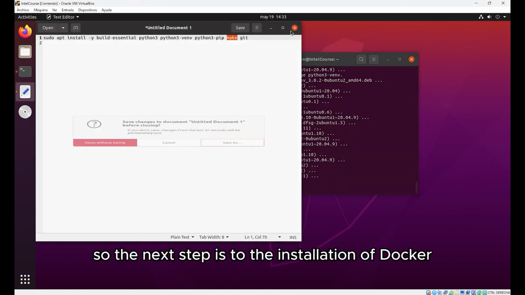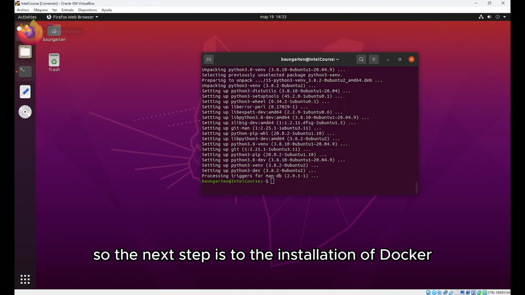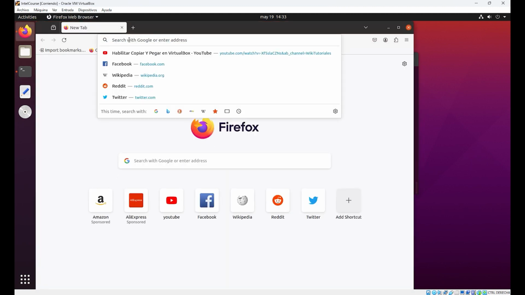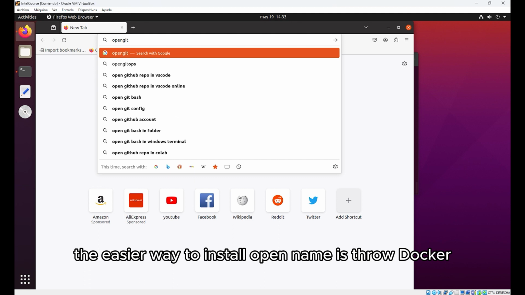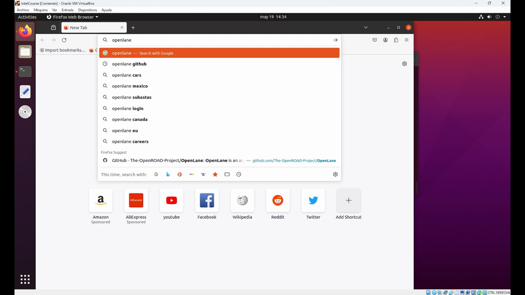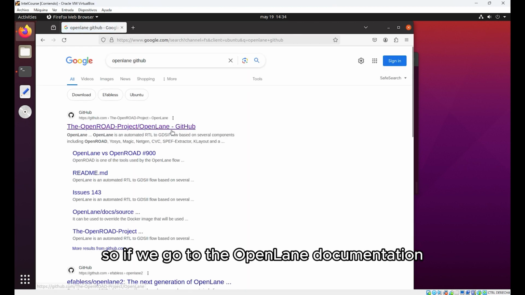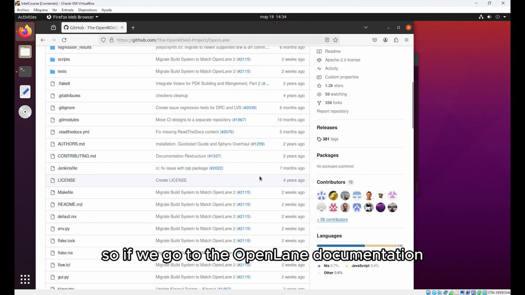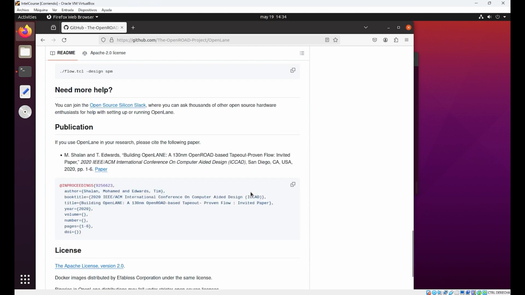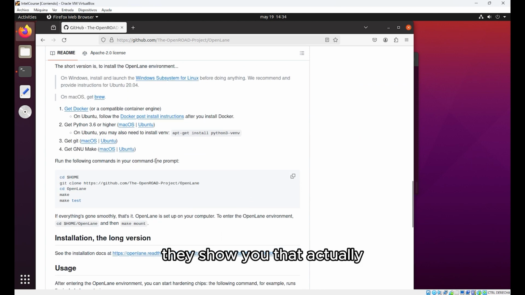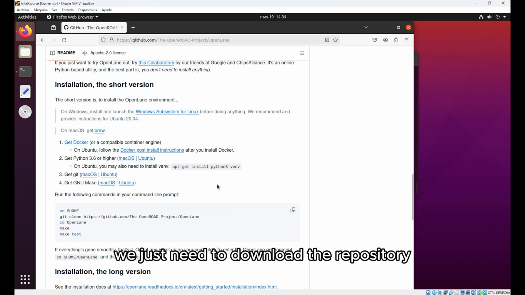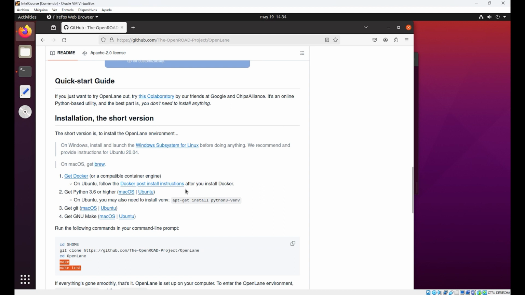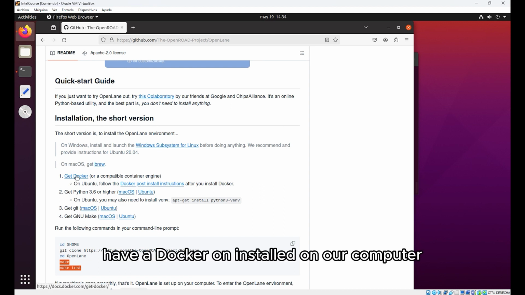So the next step is the installation of Docker. The easiest way to install OpenLane is through Docker. So if we go to the OpenLane documentation, they show us that we just need to download the repository and execute make. But for that, we need to have Docker